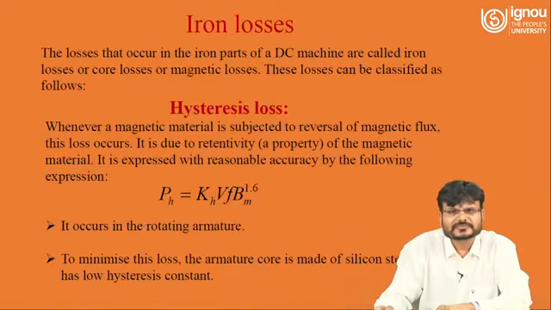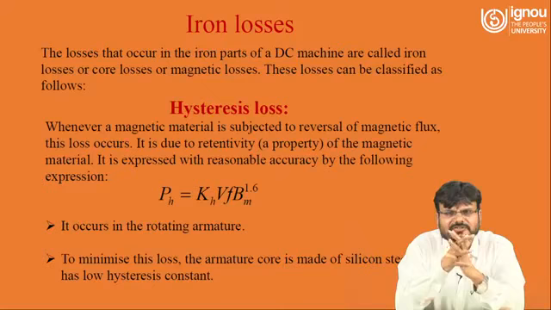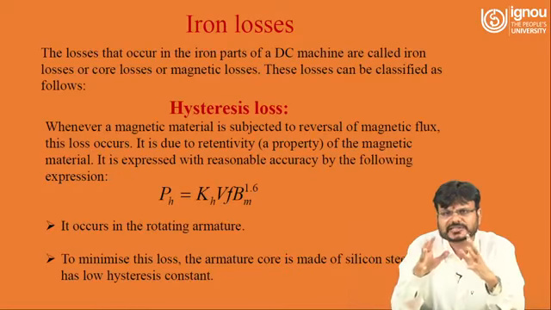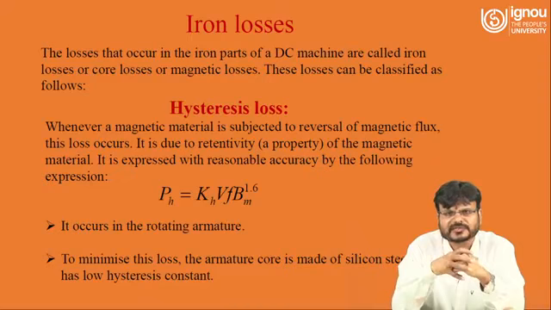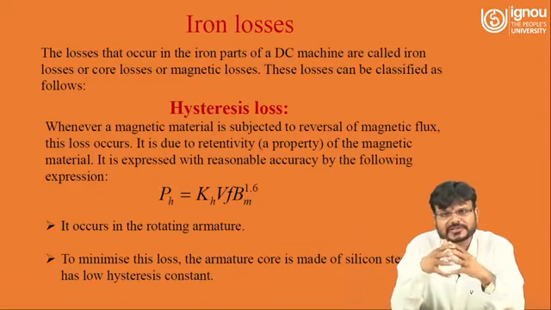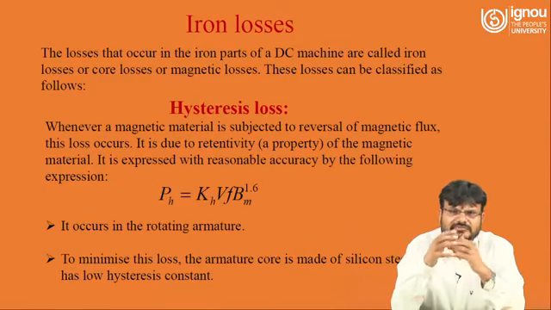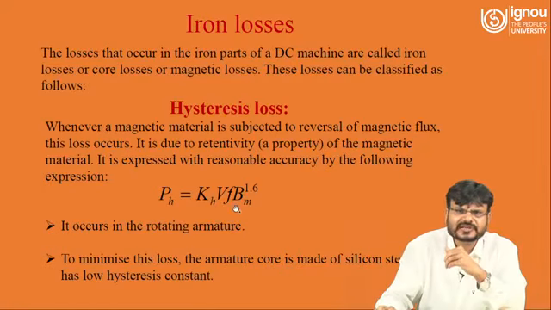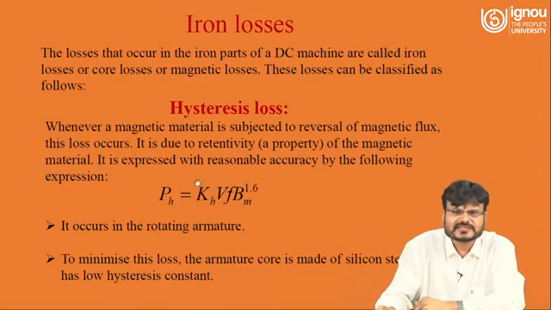So now we have to understand the different losses, that is iron losses. The first of these is hysteresis losses. Whenever a magnetic material is subjected to a reversal of the magnetic flux, this loss occurs, and it is due to the retentivity of the magnetic material. This hysteresis loss can be written as PH equal to KH V F Bm to the power 1.6, where